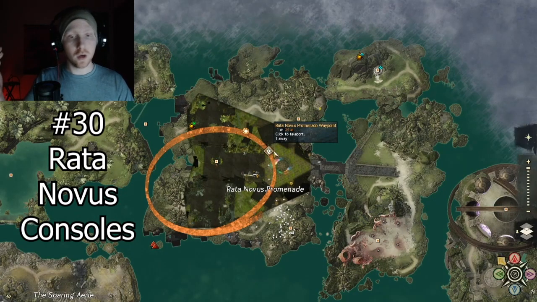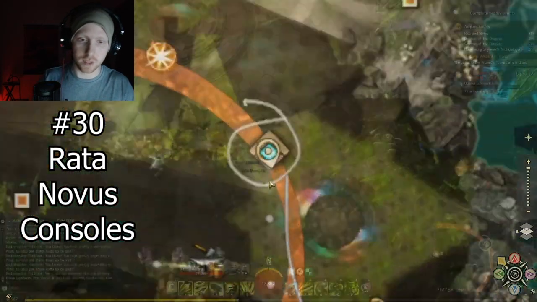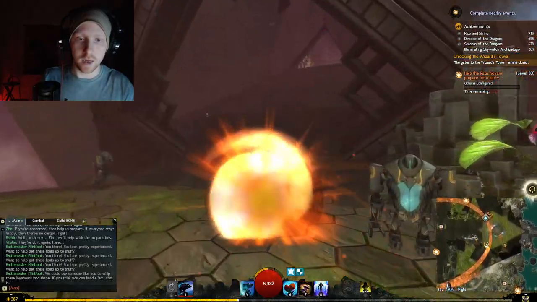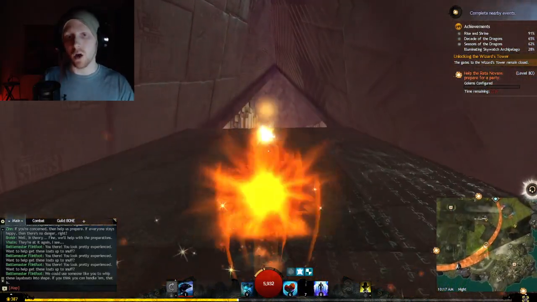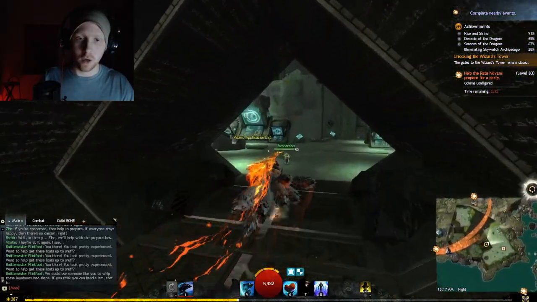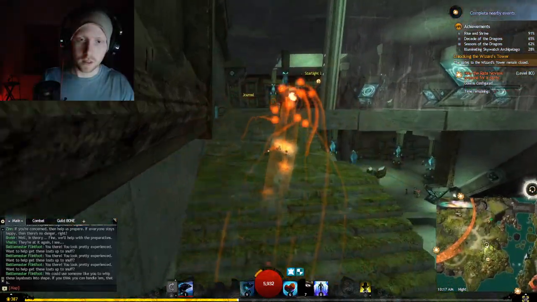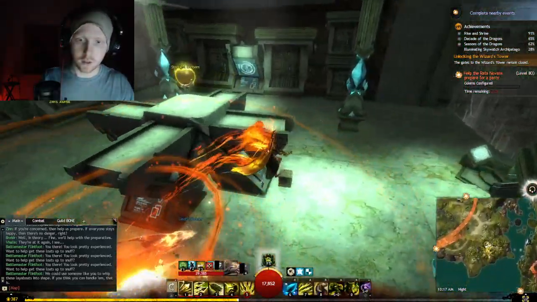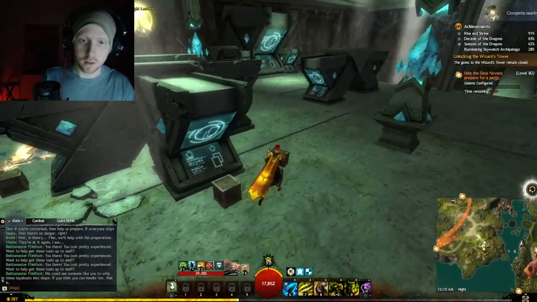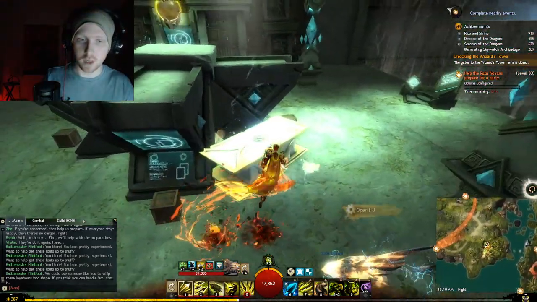For number 30, you're going to go back to the Rata Novus Promenade waypoint, and you're going to make your way over to the Western Research Facilities. To do that, you'll spawn in, and you're just going to go up this ramp right here. And when you make it to the top, you're going to make a hard left. Not a left, a hard left. You're going to go in and up these stairs. You'll see the crates over here. You would assume it follows the pattern again, which it does, the missing one on this end,